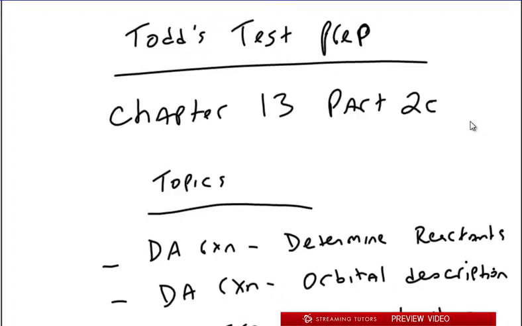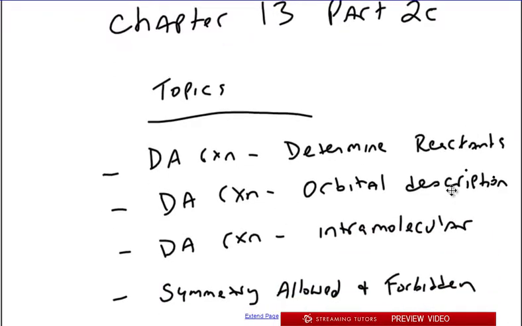So the last thing we need to do, these are the last topics for this chapter. Let me just tell you what they are. The Diels Alder reaction, determine the reactants, that's what we're going to do right now. Following that, we're going to do orbital description and explain endo, exo, and how that all applies to this whole idea. Following that Diels Alder reaction, we're going to do the intramolecular Diels Alder reaction, and that has some interesting